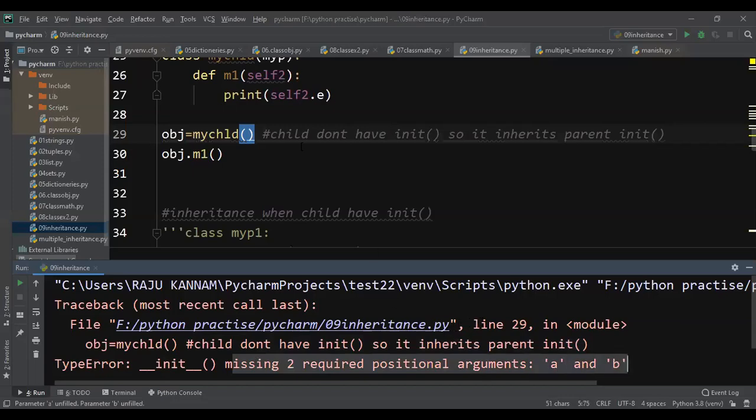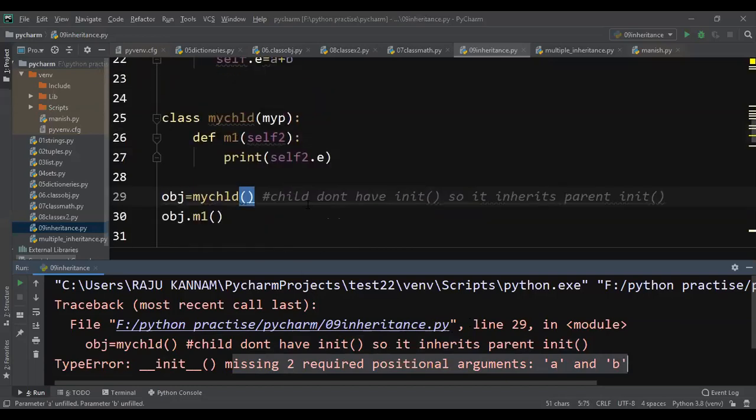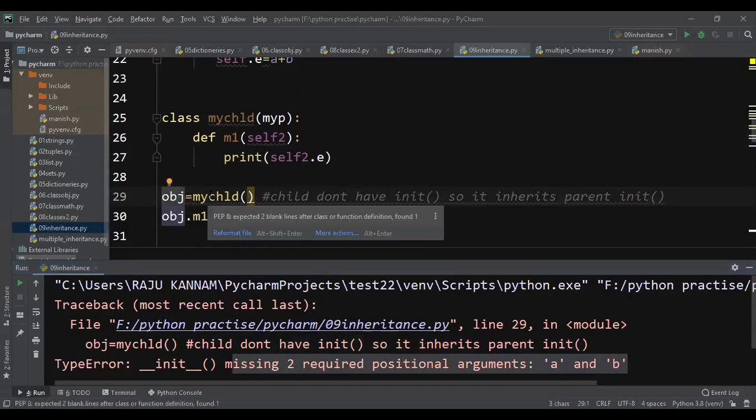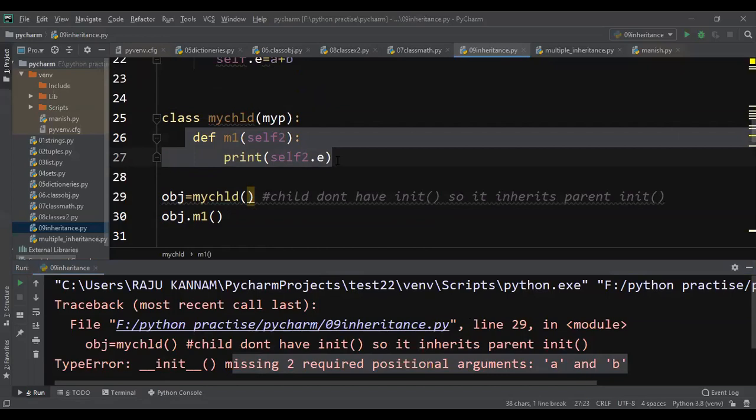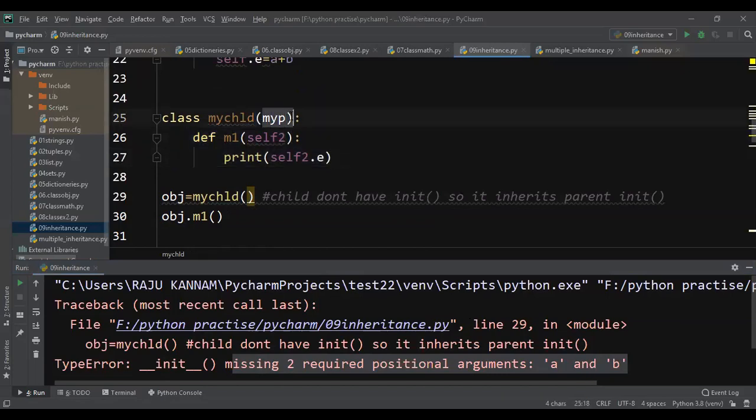Okay, that means when you are creating the object, it will check for a constructor. Yes, the child does not have any constructor, but the child is inheriting from my parent.